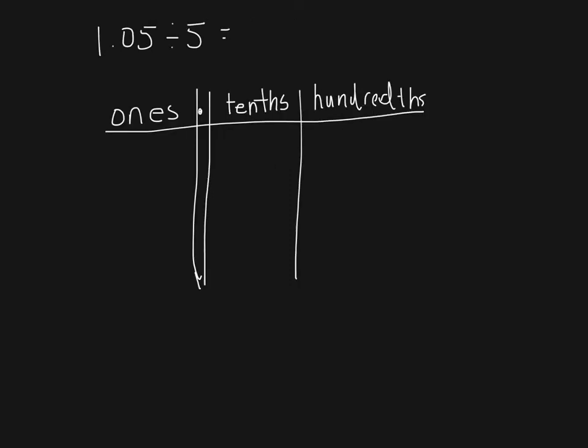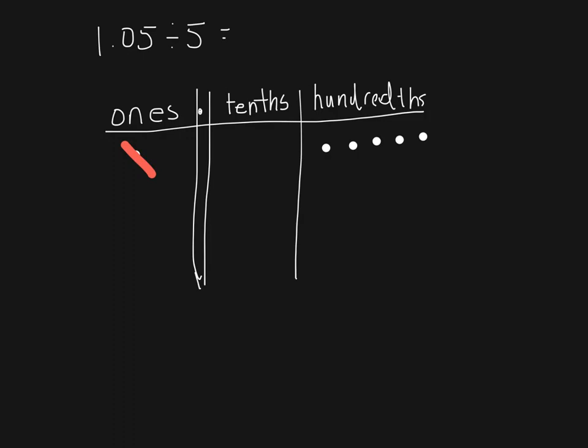Our next problem is 1 5/100ths divided by 5. So I could put 1 disk in the ones place and 5 disks in the hundredths place. And I could easily divide those 5 hundredths by 5. But I have a problem over here because there's only 1 in the ones place. So that's not going to work. What I'm going to do is